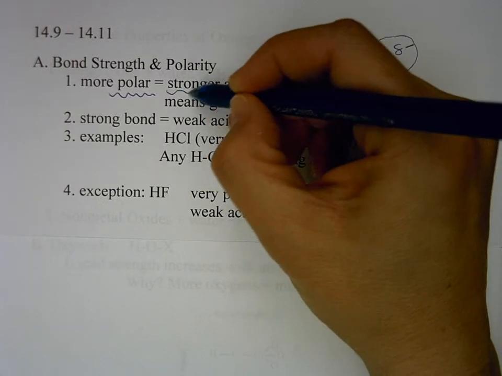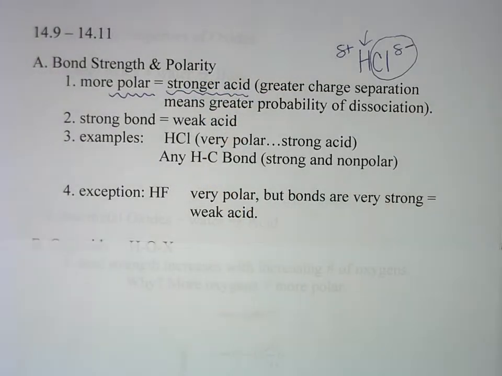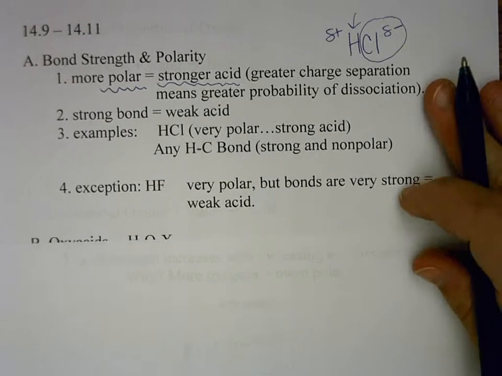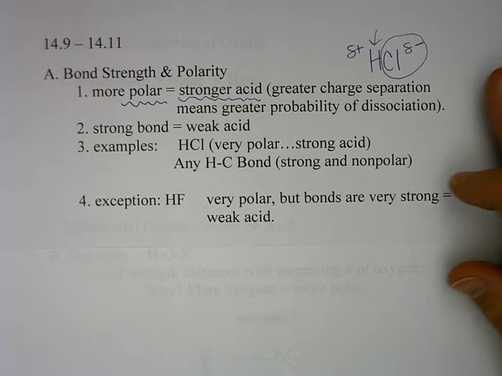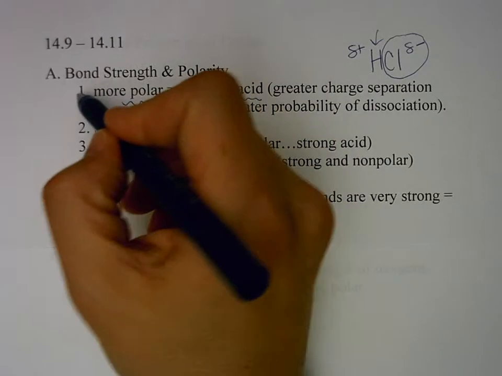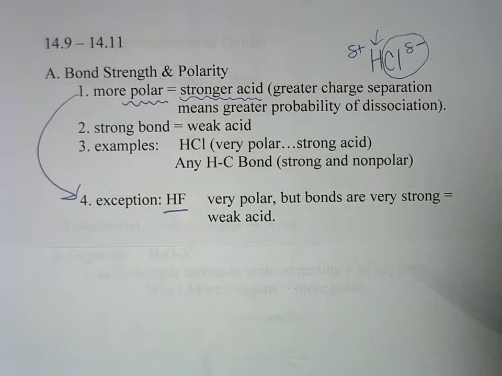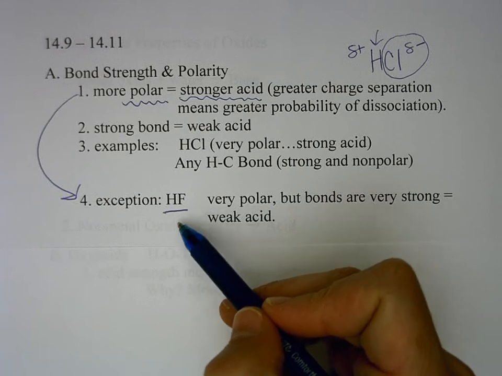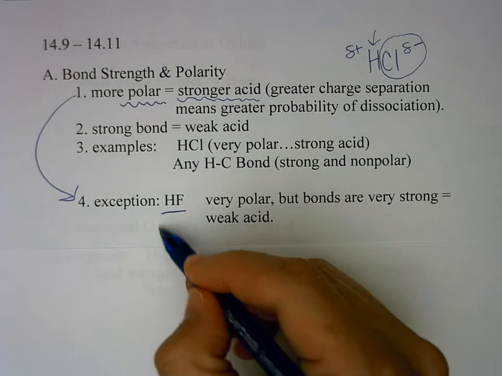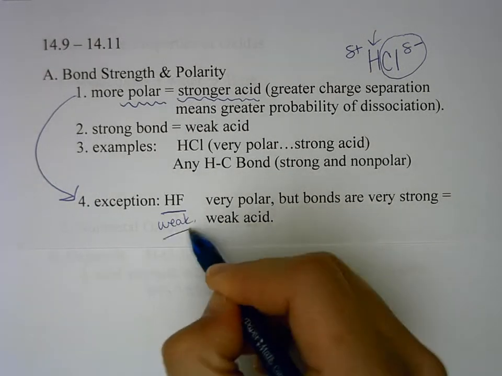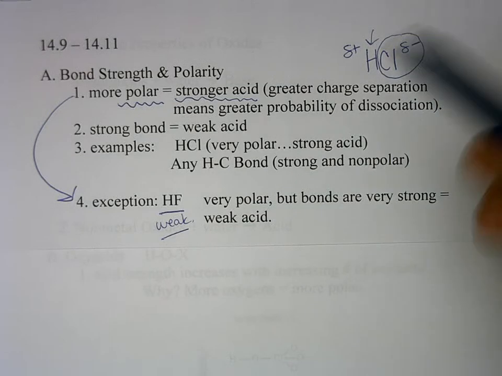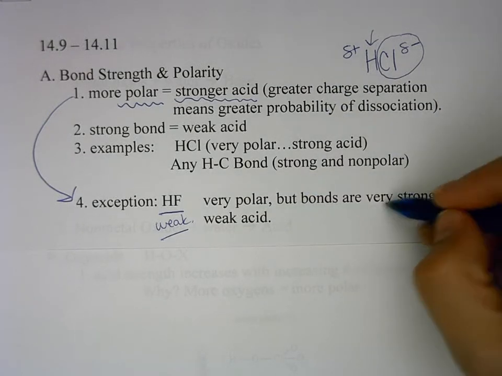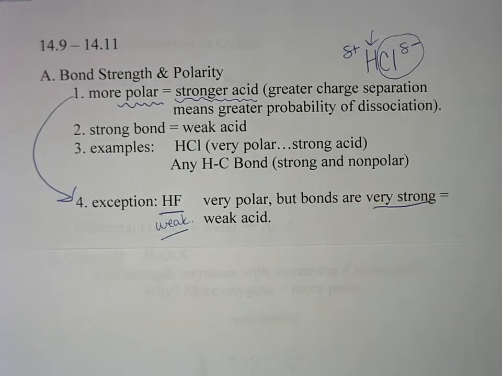So the more polar the molecule is, the stronger the acid is going to be because that hydrogen is just barely hanging on, so it dissociates easily. The one exception to that is hydrofluoric acid. We know that this, of course, is very polar because fluorine is super electronegative, but we also know that this is a weak acid. It's very polar, but also the bonds are very strong, probably because the fluorine is